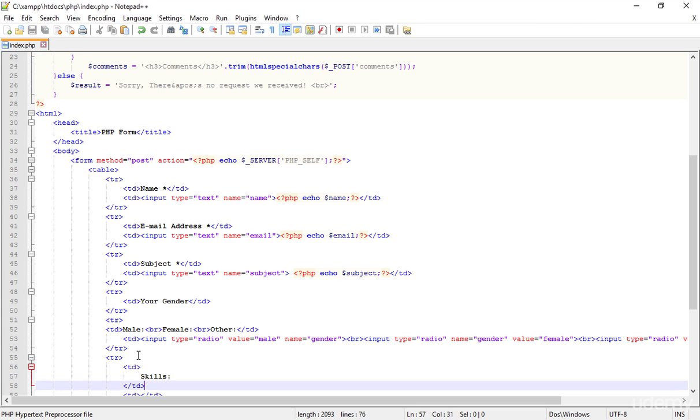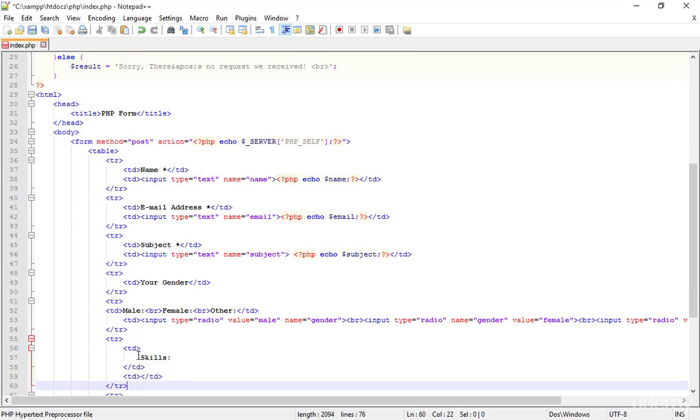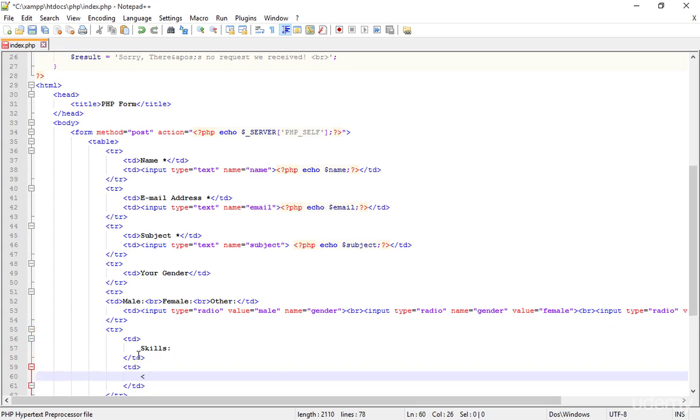Perfect. Okay, now let's go here and add, not in this way actually. Now add an input. Type, and here I'm just typing checkbox. Okay, cover that, and here press space and type name. And again, I'm just mentioning a name here, for example the skills. Okay, and then the value, I have to mention the value in the checkboxes as